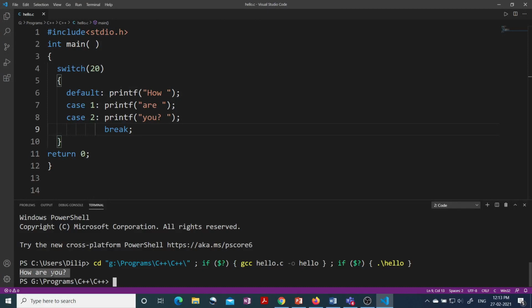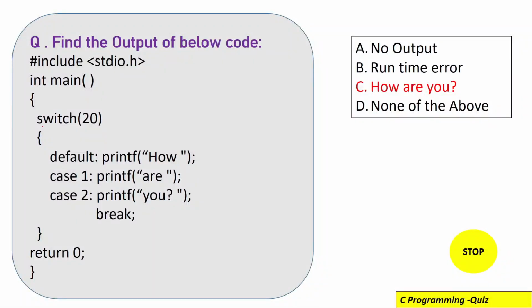That is, there is no compile time and no runtime error. So let's see why we are getting this answer. You know that inside the body of the switch statement, we can use case and default statements, right? Now here you can see inside switch, we have used 20, and this is an integer value. You should also know that no float value or double value can come inside the switch expression. So for now it is correct because it is an integer value.